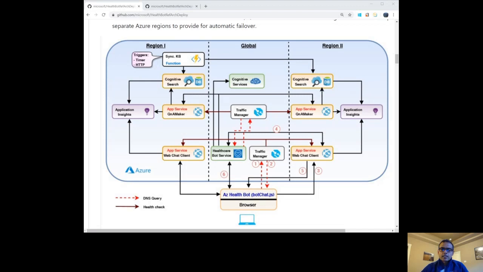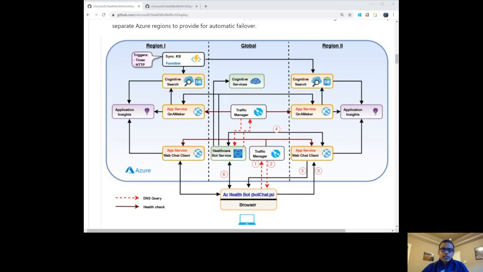This reference architecture is the result of the work and the solution which Microsoft implemented for one of the biggest healthcare providers in the Northwest region. The Healthcare Bot service is a multi-region, highly available and fault-tolerant software as a service solution. However, the Healthcare Bot requires additional Azure services for interacting with end users, storing COVID-19 FAQ models, distributing and routing incoming chat requests to services that are deployed closer to end users, and so on. Therefore, provisioning this solution architecture entails deploying necessary and required service components in multiple Azure regions.